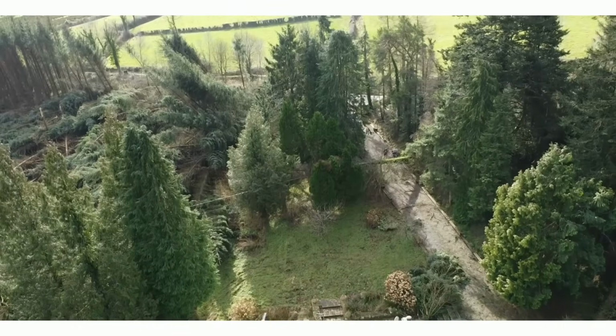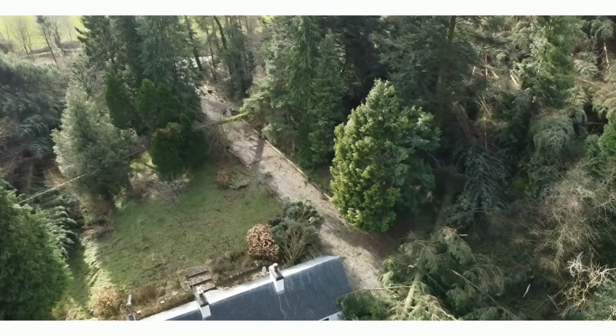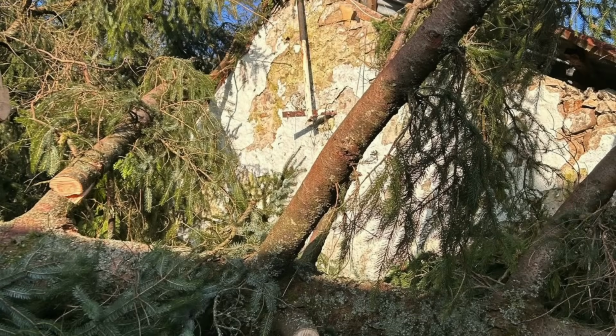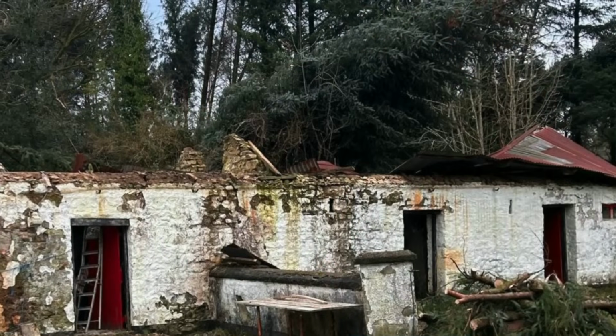This clip is just showing just how close the tree came to actually destroying the outbuildings, and this little snippet is just what it looked like last year. So there is a lot of work to do. It would be really nice to save those buildings though, but we can see now there was a lot of work to be done. So our main priority, like I said, was to gain access to the back of the building,